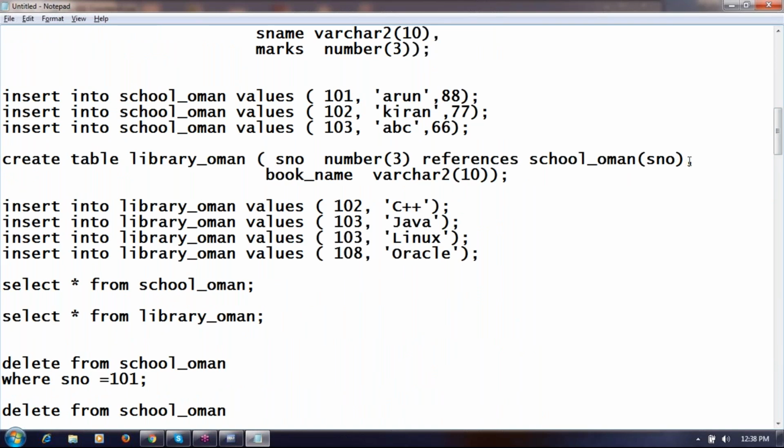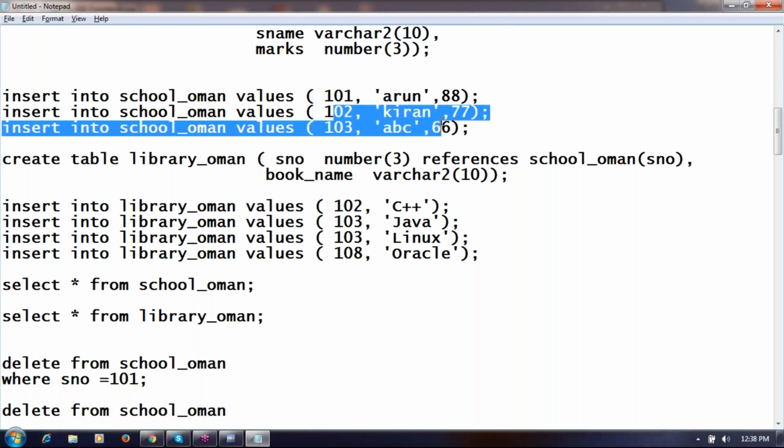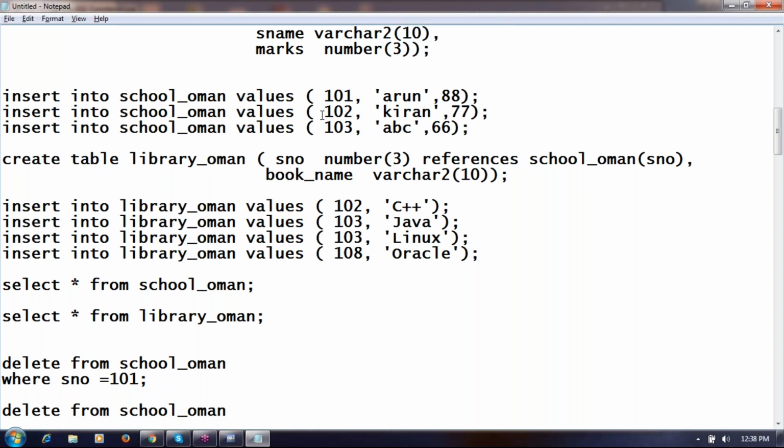Normally when you try to delete 102 from the parent table, you get an error. But when you use on delete cascade, the row is deleted from the parent table and the corresponding row is also deleted from the child table automatically. That is about on delete cascade.